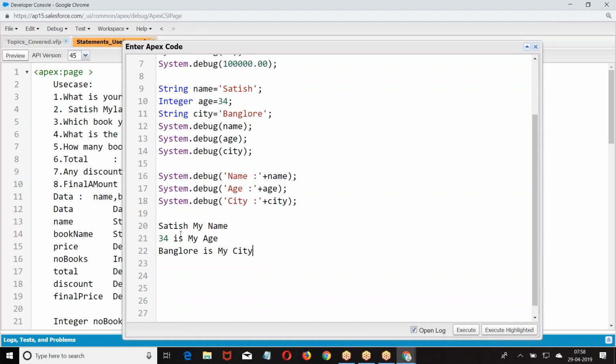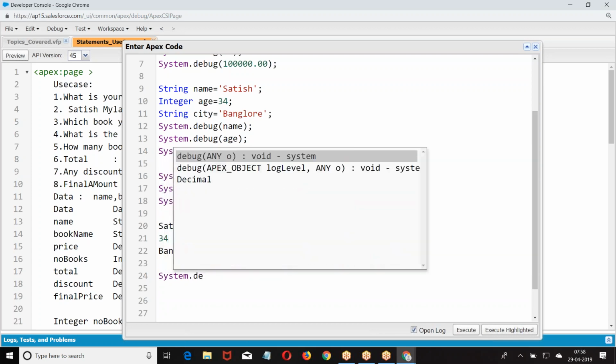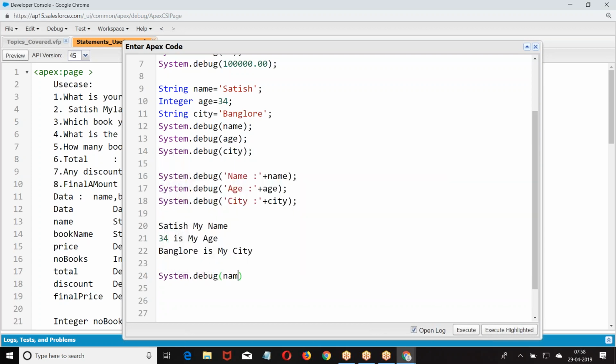Now what do I want to do? Variable followed by message. Previously it was message followed by variable. Now what do I need? System.debug name plus. Are you getting my point?